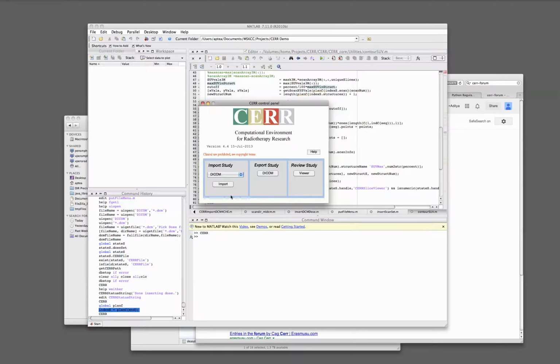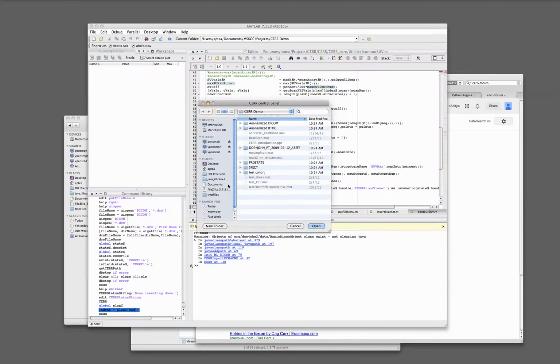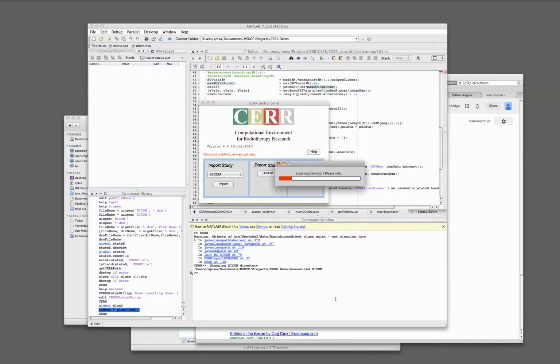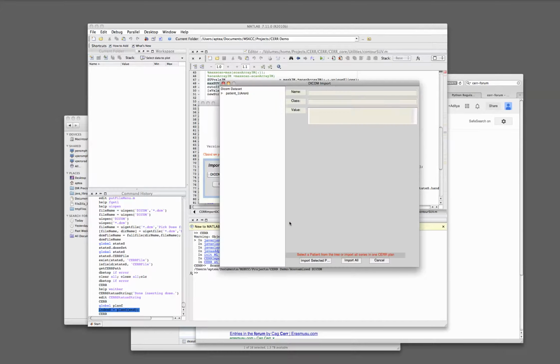Just a short demo of importing DICOM. If you have a folder containing a patient's DICOM, which has various objects like CT, RT dose, structures, treatment plan, then you can say I want to import those things into CERR by going to import, selecting the folder containing DICOM files, and then saying open. This would scan all the DICOM files in this directory and give you a tree which shows various DICOM objects